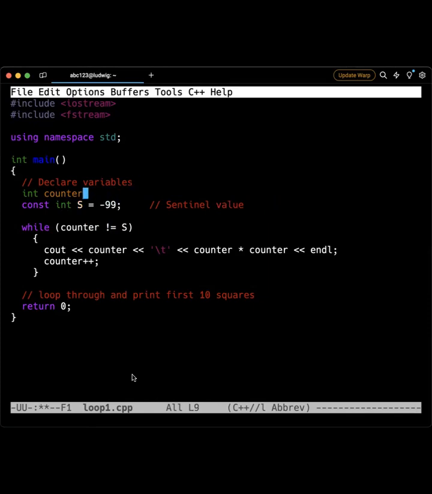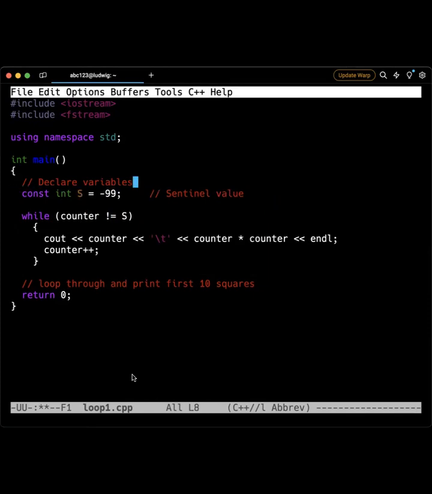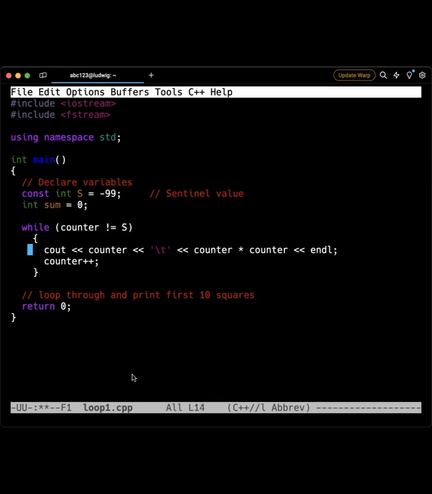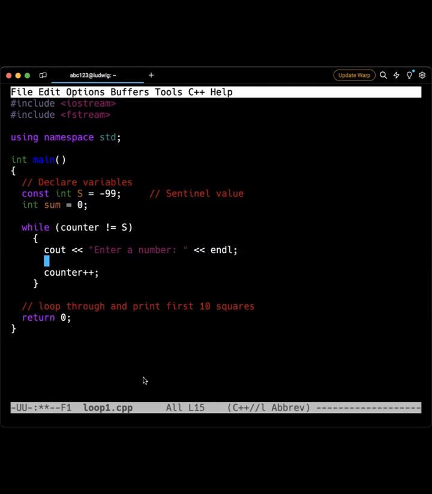We don't have a counter. We have the sentinel value that's originally -99. In this case, we're going to sum some numbers. So I'm going to int sum equals 0 to get us started there. This time I'm going to cout, enter a number. It should be an integer, but I'm not going to test them yet. Then cin